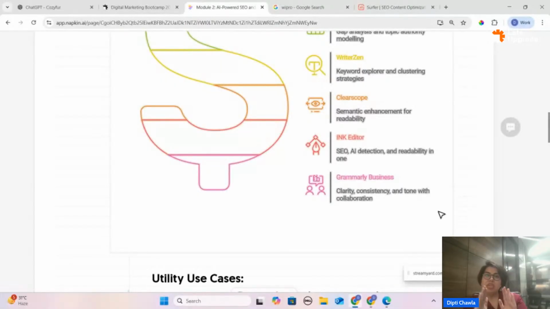It's all about the intent. Even someone sitting in a small village in Gujarat can compete today, because we have the weapon called technology. So that's what I'm saying. The semantic search enhancement for the readability.